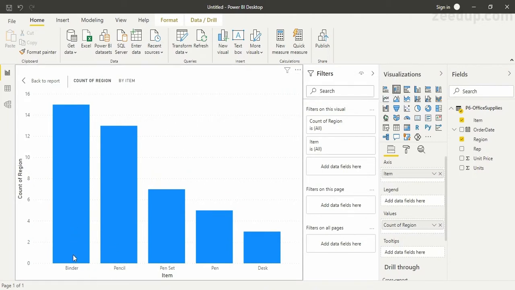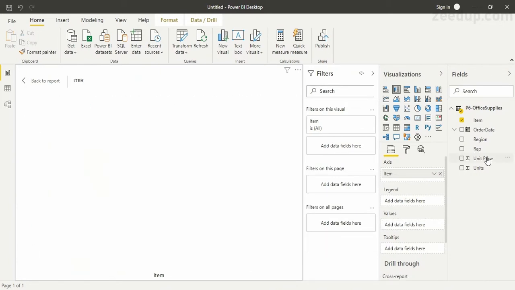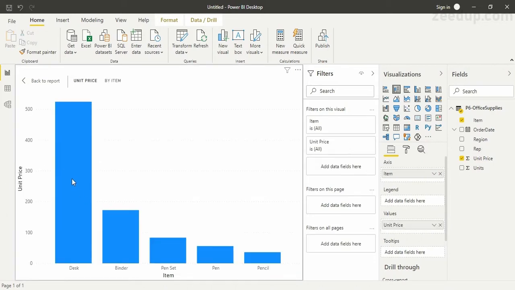that actually this is not correct data. So what we can do is make it unit price by item, right? So yeah, we are getting Desk whose unit price is 525, we are getting Binder whose unit price is 172.86, Pen Sets unit price, Pens unit price, and Pencils unit price. So basically this is a simple column chart that we can create with the help of